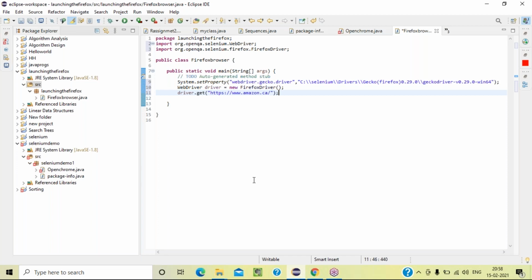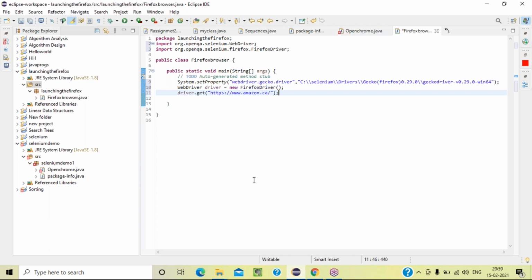In case in an interview they ask you to write any program, you can take the challenge and write it. You can do this first step of launching easily. What I'm doing here is creating the project. In the project I'm adding jar files: under src, right click, build path, configure build path, and add libraries.